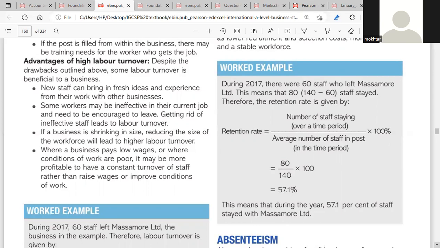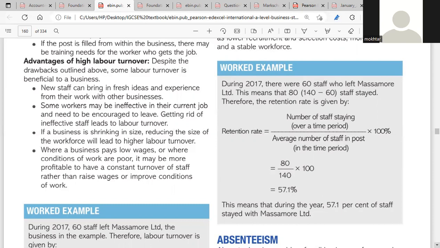Another advantage of high labor turnover is that when workers leave, especially those that are ineffective, because they are ineffective, that means they are not adding any value to the organization. It is good for them to leave so that you can bring in workers that are valuable to the organization, which will increase productivity. The third advantage,